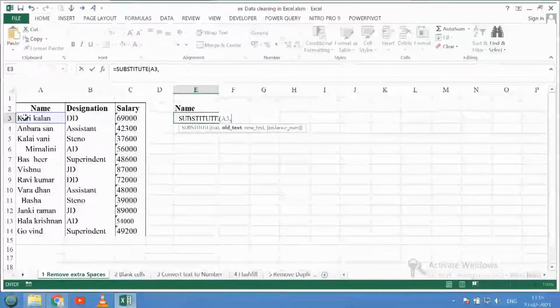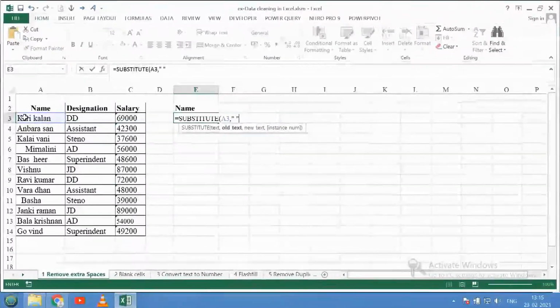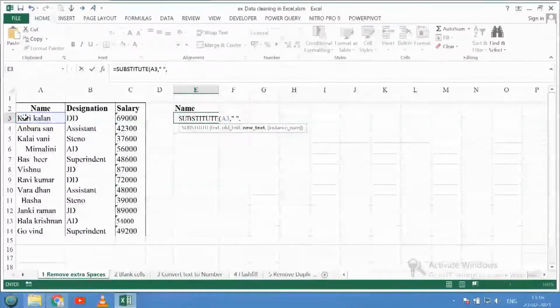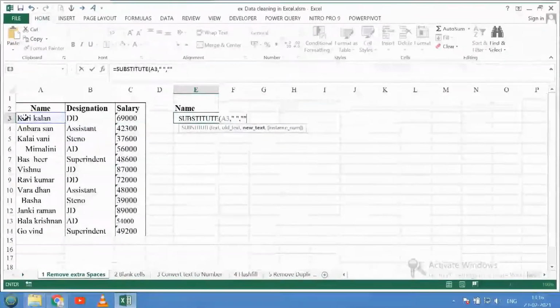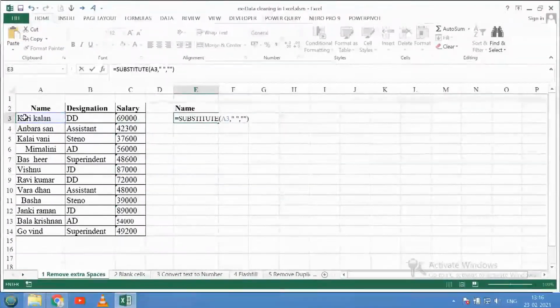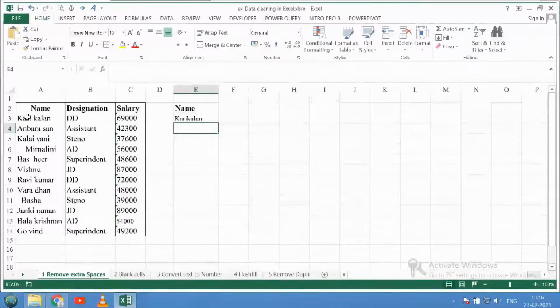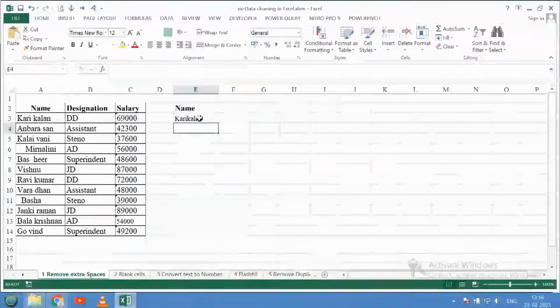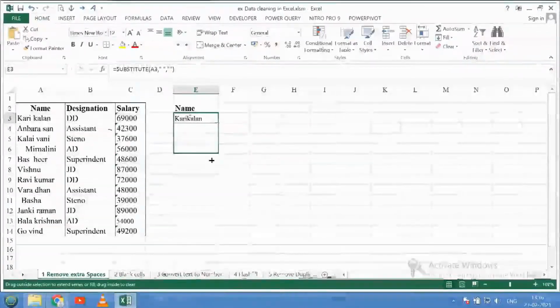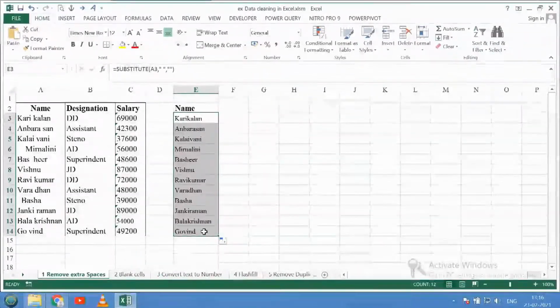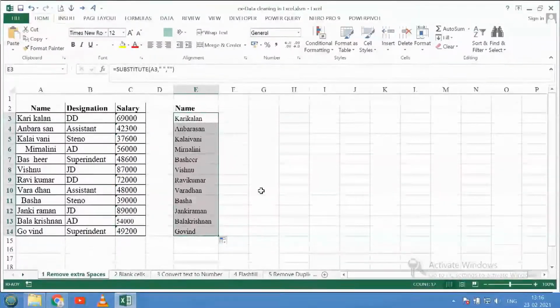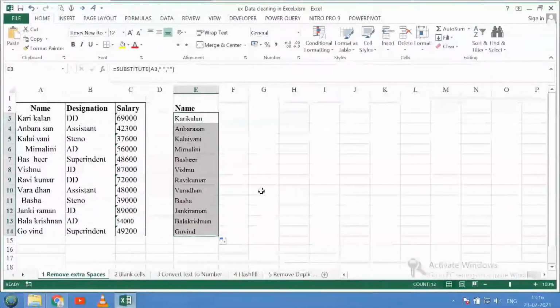Then within double quotes, space, we are going to replace the space with no space. Press enter. Now for the first entry, we got the name in the correct format. Then copy the same by dragging the mouse to all the entries. Now the data appears without spaces. This can be used for analysis.